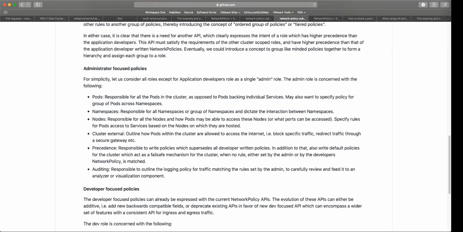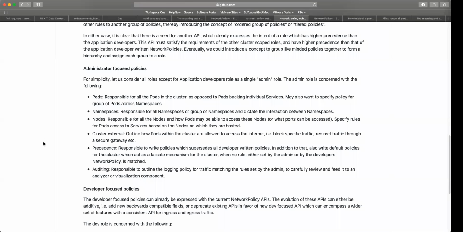Am I making sense? I don't see Gobind on the call, but this was his comment from last week: in his opinion, a cluster administrator is more focused on tightening the security of his cluster. He will be more interested in denying things than opening things up, while the developer would be more responsible for allowing things or opening up access to his services.